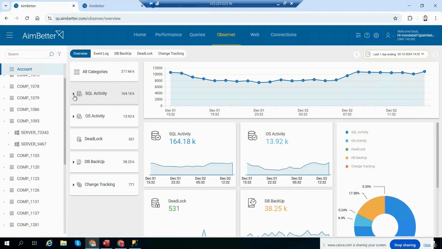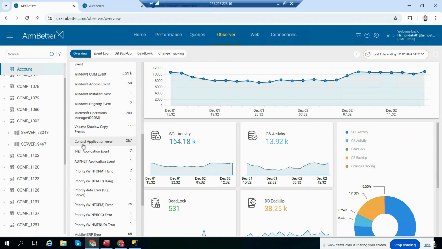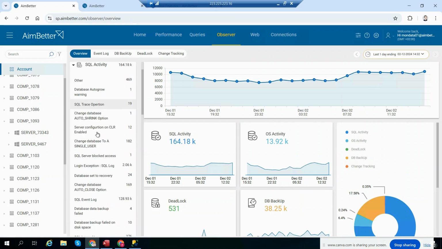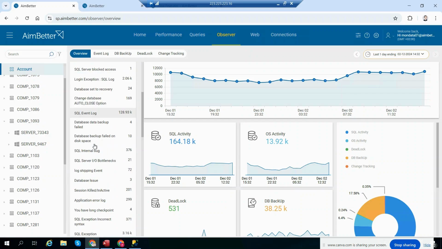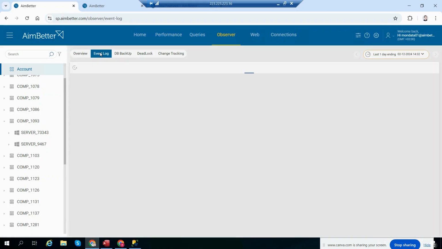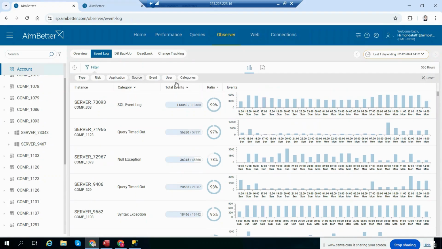events, exceptions in the SQL layer, and 13,000 on the host. And the categories, you can see all the categories count, and you can jump, for example, from this screen to one of these categories, or you can go to the event log, and in the event log with the filters concentrate on a specific category or a specific application. So let's, for example, in the categories select